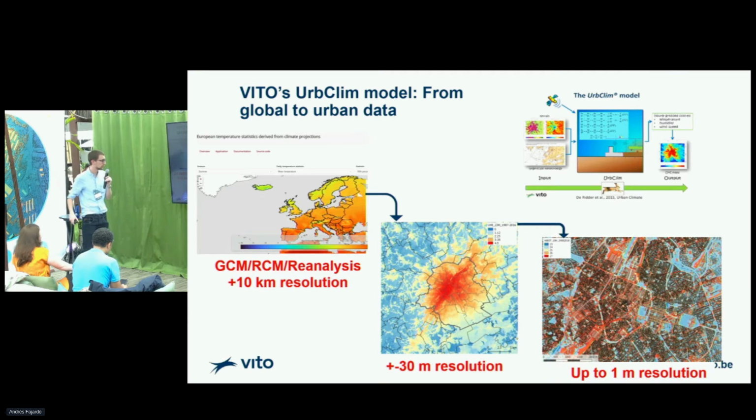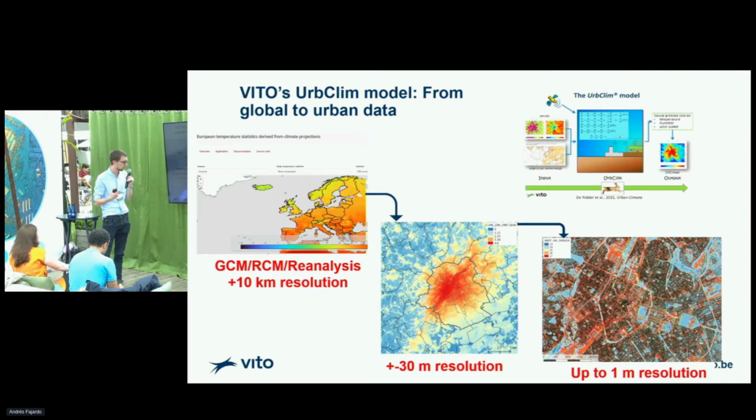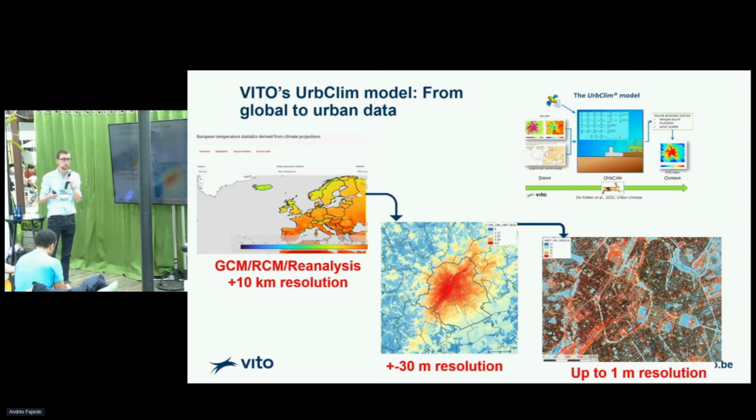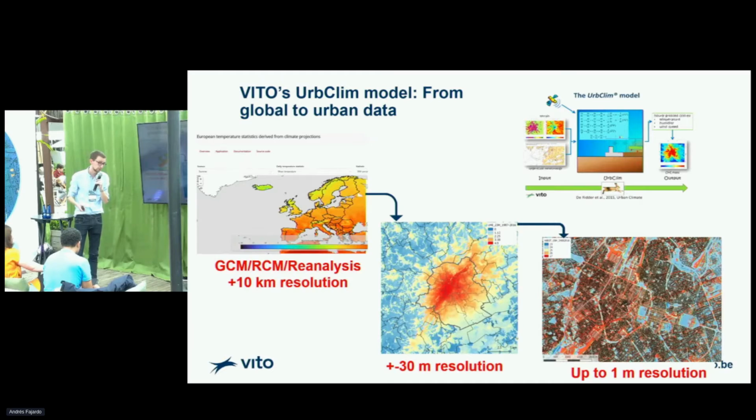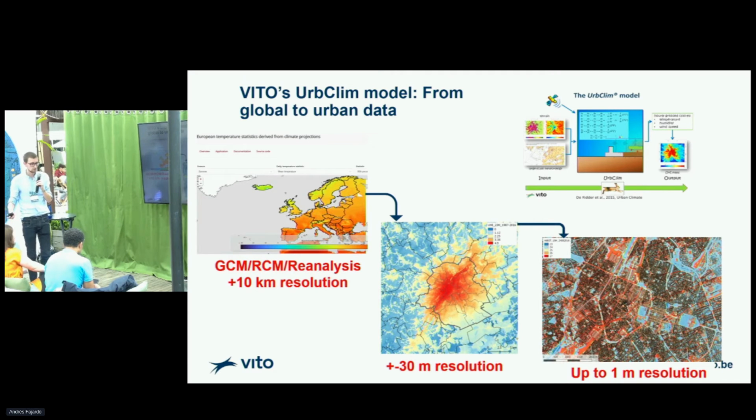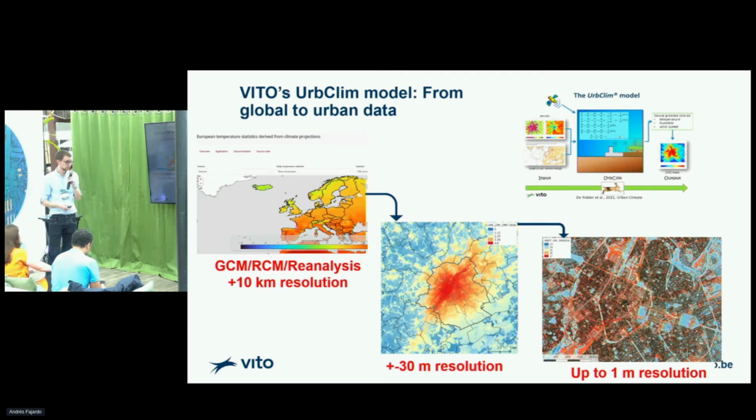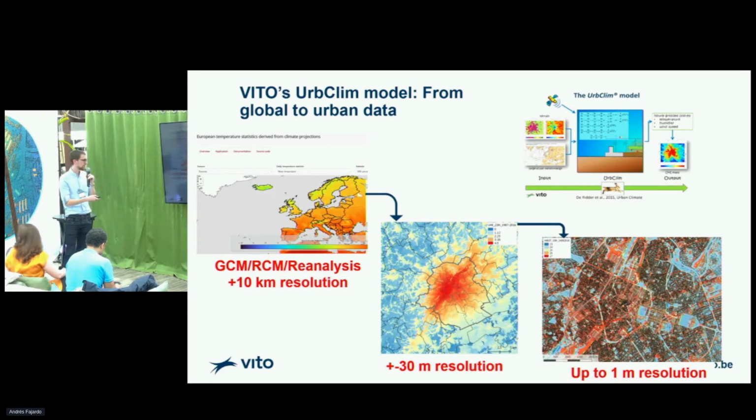But we don't stop there. We even go to the street level and the individual, meter scale level. And then you can really see some very nice details that are popping up, like certain streets that are much hotter than other streets, where, for example, trees or other measures are taken to tackle heat stress. So, okay, that's the theoretical basis. I will now go on to some results that we have produced.